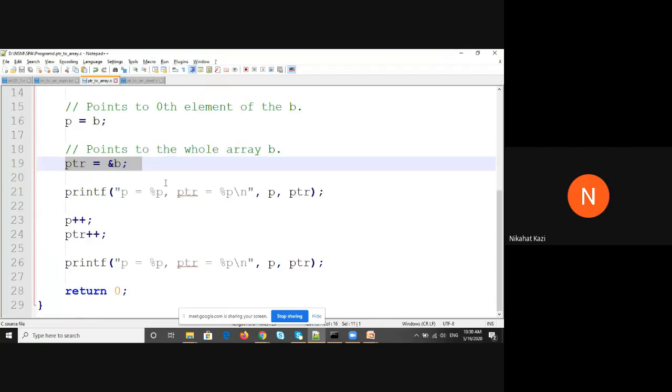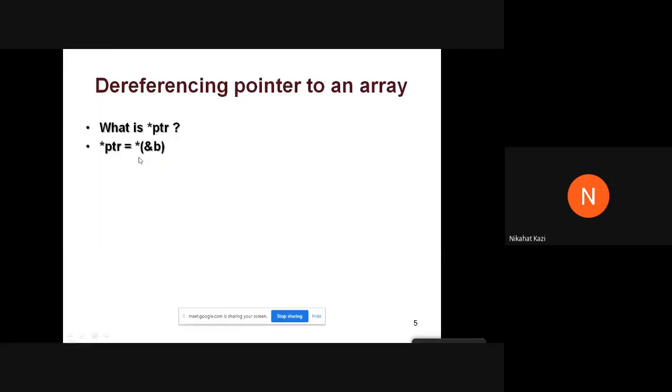PTR is address of B. So when I write star of PTR, this PTR you just replace with address of B, right? Then what will star PTR become? The star and address of operators, they cancel out. They are complementary operators. What you remain with is B.